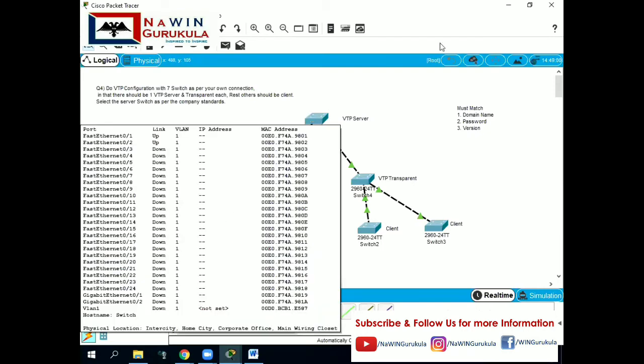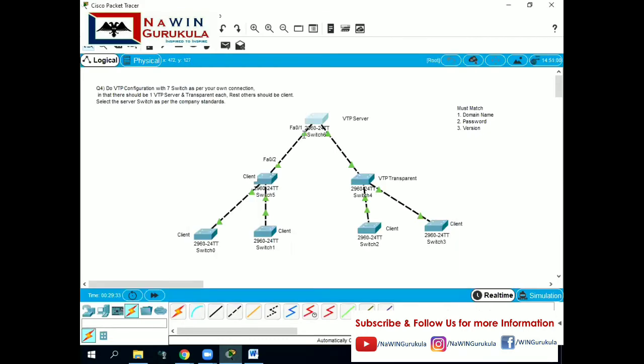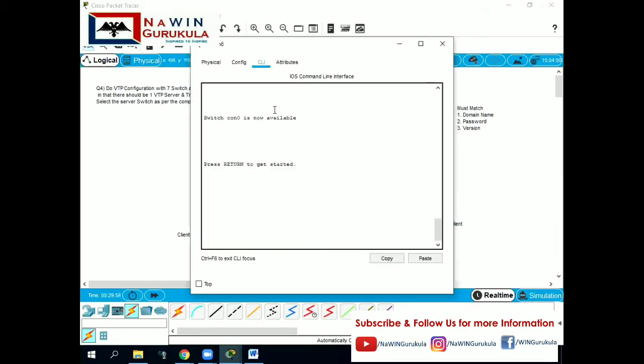I'll show you in one switch how to do the trunking port. It is FastEthernet 0/1, and at this side is 0/2. So in the first switch, the first and second ports are connected to the uplink, so I'll convert the first and second ports into trunk ports. If you remember how to do the trunking,